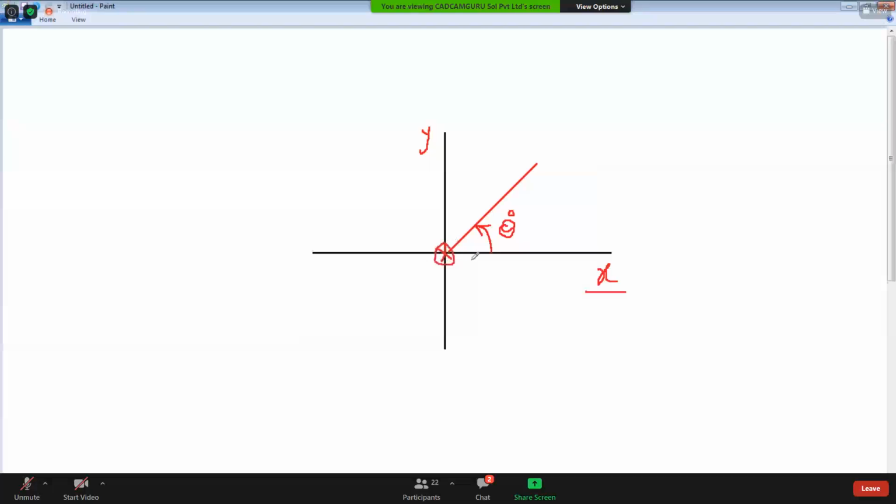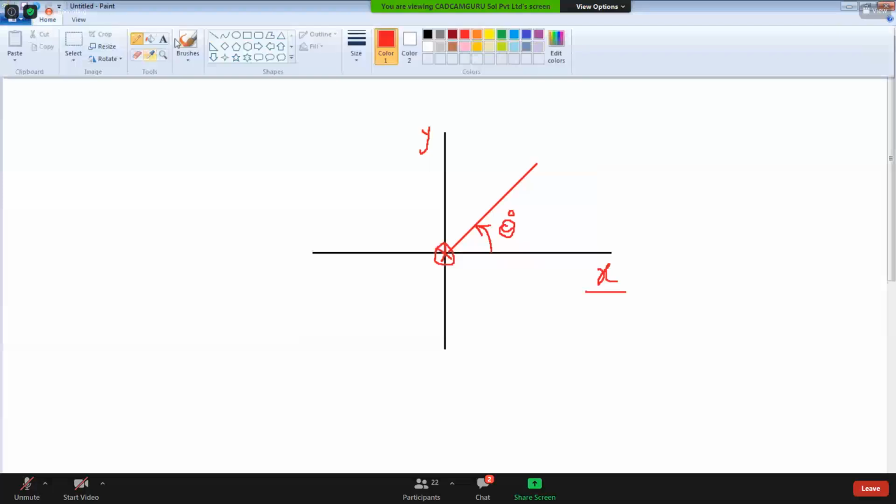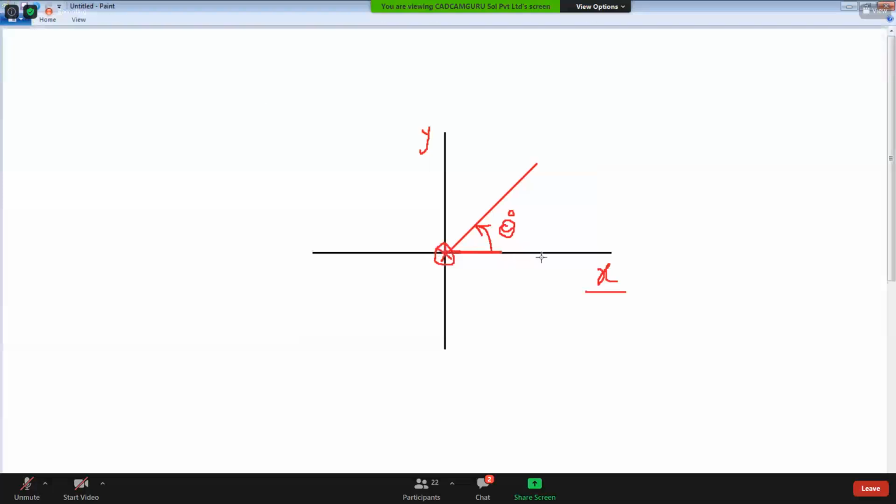So the same line is rotated like this with respect to what? The center point. You can rotate like this. So with respect to the center, the line is revolved.